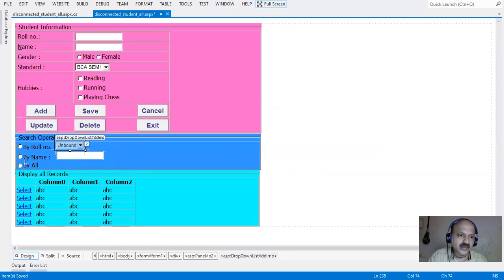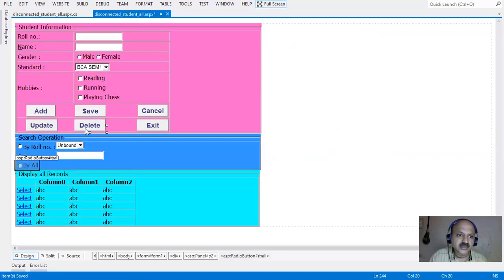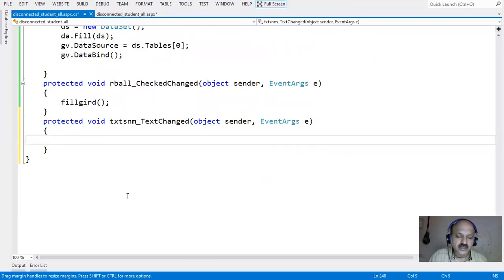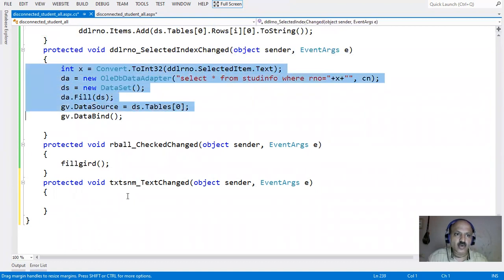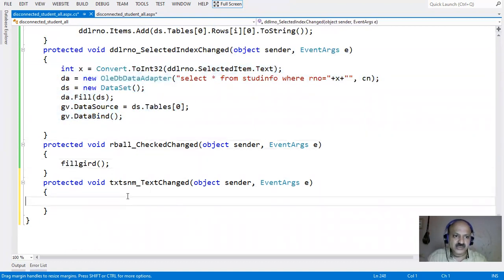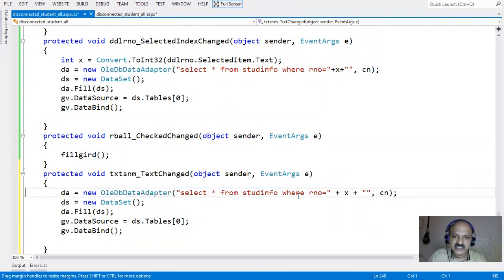So all that is what we can call a field grid, and all that is first complete. Also I am taking the text change, and all the code I copy, because you can use the like operator. Yes, I copy this code and paste it here, and here I change that line, which is not required. First we cannot drop down the text box, and here we can take the S name, that is our field